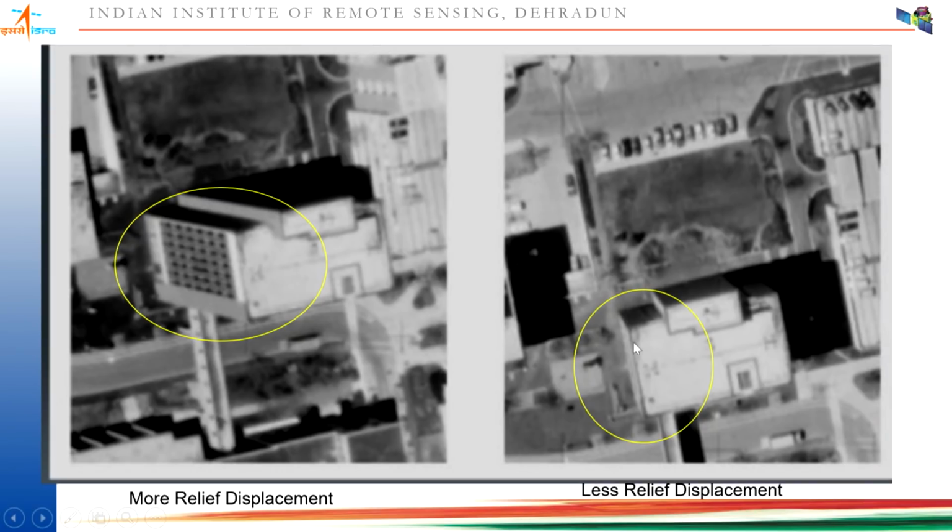This is how the relief displacement is seen in the photographs. As you can see here, the top and the bottom of this building should have been photographed at one position only. Only the top should be visible. But here, because of the relief displacement, the top has been shifted from its position so that we are able to see the side of the building also. It appears that the building is leaning away from the nadir. Nadir means the central point. Similarly, here also the relief displacement is less, but still it is observable.